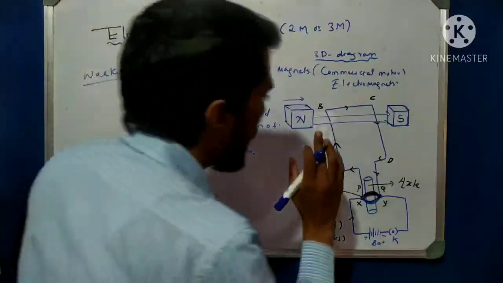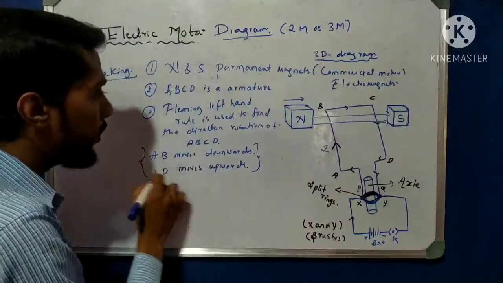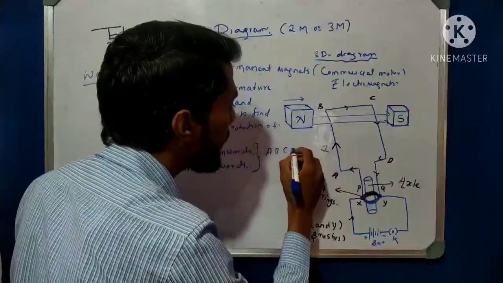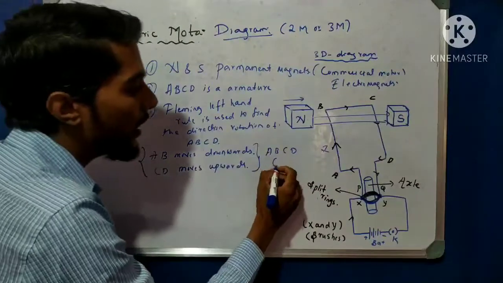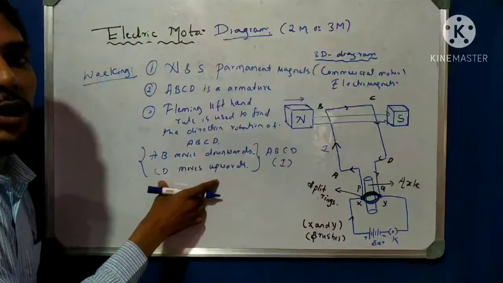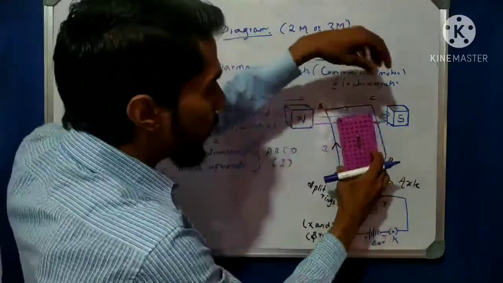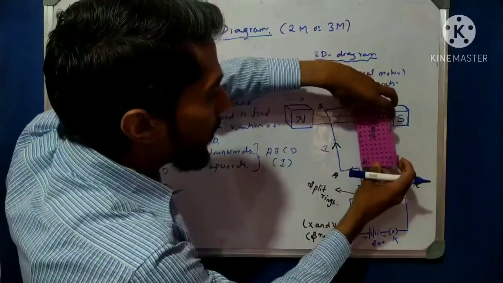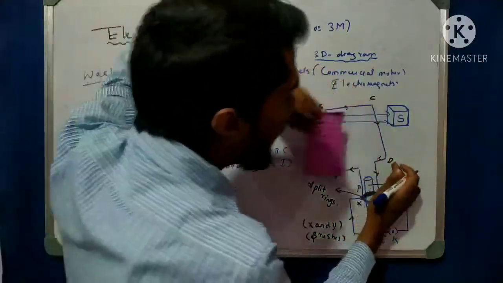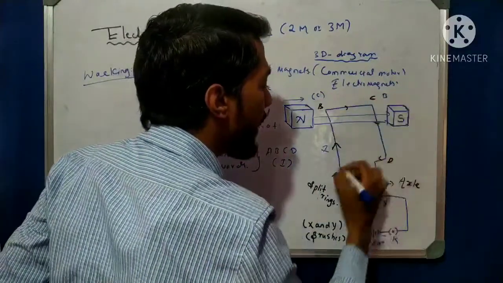Okay, see here, the current flows only from A to B and then C to D, A, B, C, D, right? When the current flows from A to B and then C to D, these cases are observed. Now let us see the half rotation. This is our coil, and the coil rotates like that. AB rotates downward, CD upward, and it stops here. So D comes here, C comes here, and B goes there, and A goes there.